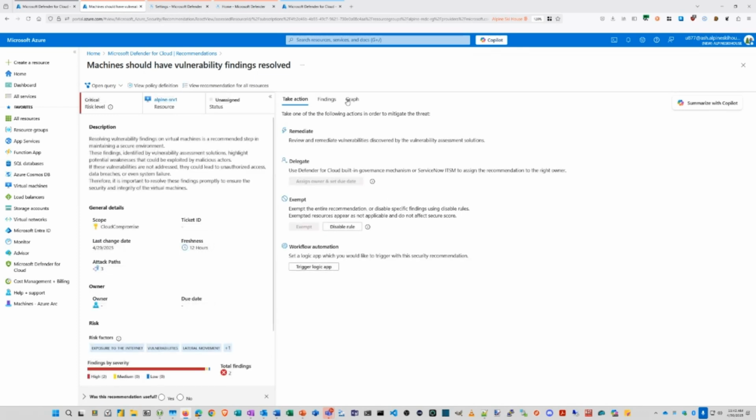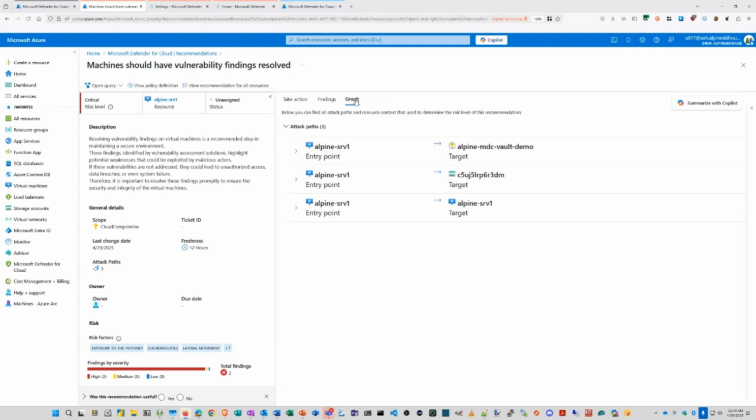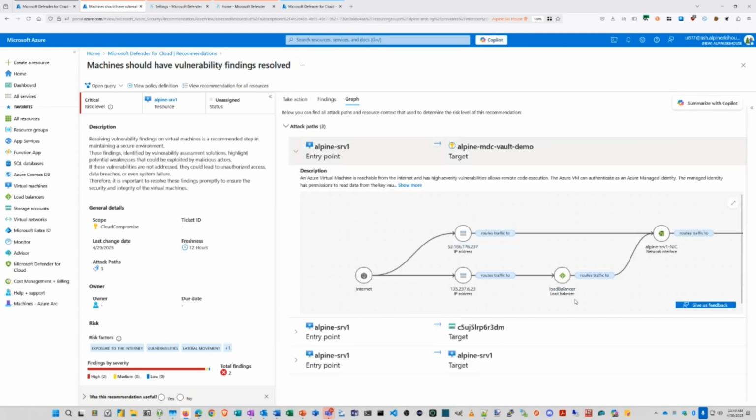you can look at a few things. You can see the severity of the server, or the severity of the findings. You can see a little bit of information about the servers. You can see there are 3 attack paths. And if you want to know the information about the findings, it says that in this server there are 2 vulnerabilities, one for Windows Server 2019 and another one for the .NET Framework. You can click on it and see more details. But also if you click on the graph, you know that this server is part of 3 attack paths. You can click it and you can see the attack path